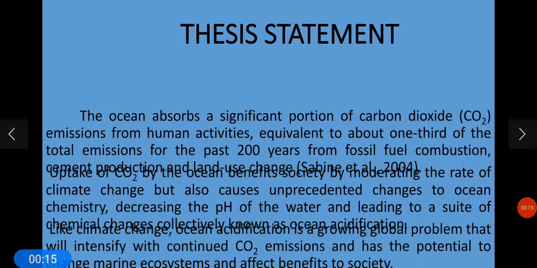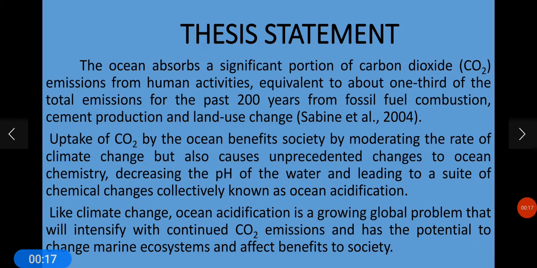Thesis Statement: the ocean absorbs a significant portion of carbon dioxide emissions from human activities, equivalent to about one-third of the total emissions for the past 200 years from fossil fuel combustion, cement production, and land use change. Uptake of carbon dioxide by the ocean benefits society by moderating the rate of climate change, but also causes unprecedented